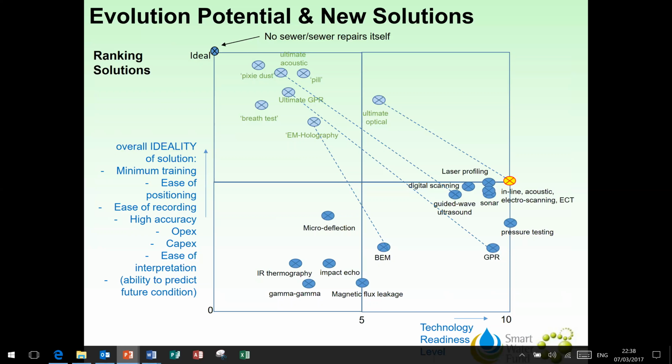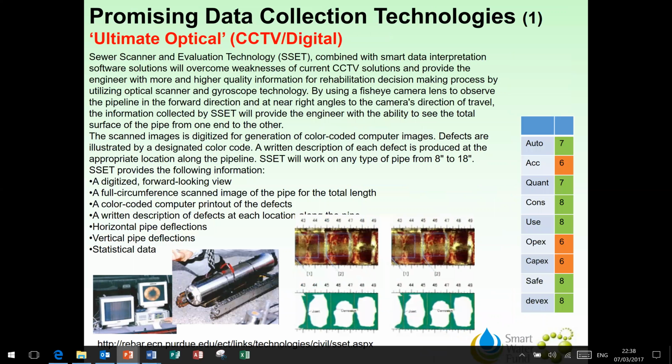And in a couple of cases, I've had a quick look this week to see if there have been any changes since we finished the study three years ago. So again, I'm not going to go through these in great detail, but in terms of the ultimate optical solution, we use the panorama technology as the basic start point. So it's basically a CCTV. It's digital, but the imaging capability, so the camera's